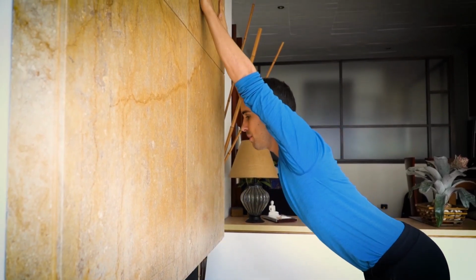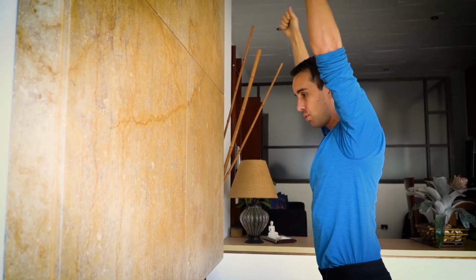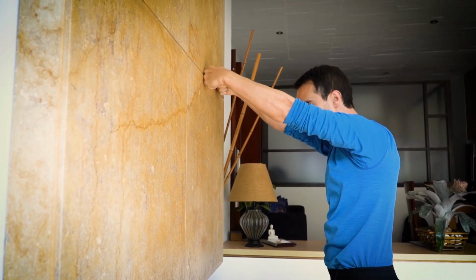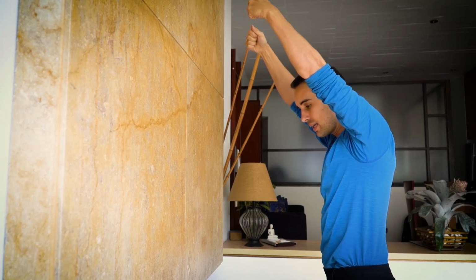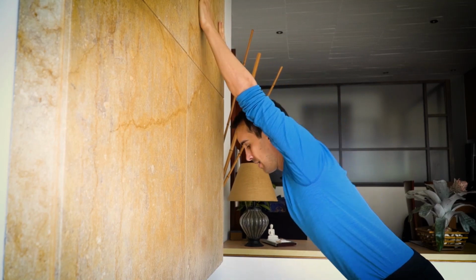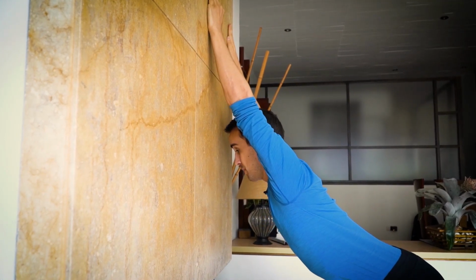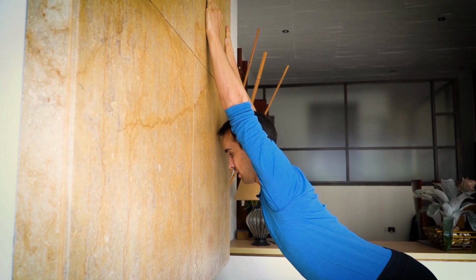Sometimes I will come to my end range, and then I will hold my breath and pull my arms down into the wall. You won't see any movement, but that's the motion that I'm making. And then when I exhale, I feel like my upper back can arch a little bit more. So it looks like this. Come to my end range, big breath, tight, tight, tight. I'm pulling into the wall. And then when I release,